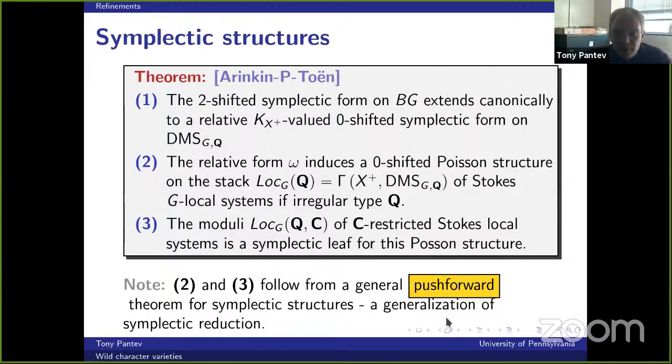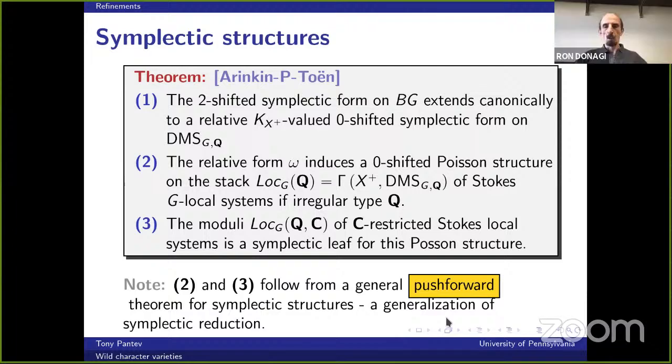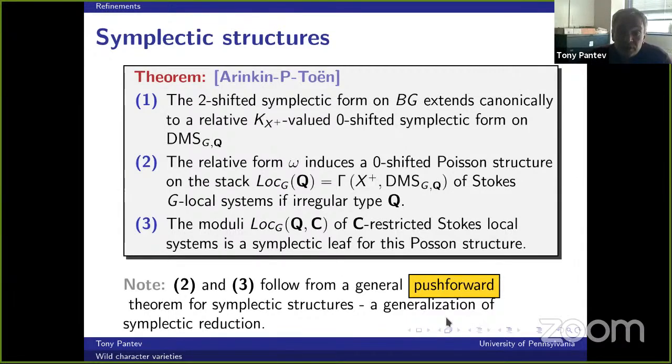But for the purposes of the present discussion, this is the theorem. The theorem is that the derived stack of Stokes G-local systems of irregular type Q is smooth and Poisson, and the derived stack of G-local systems of irregular type Q with formal monodromy in a given class C is a symplectic leaf. Okay, I misspelled Poisson here. But,